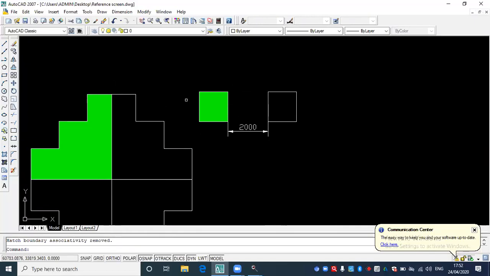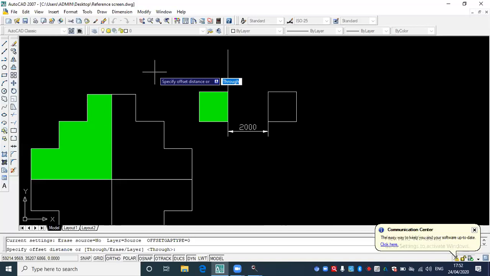So to do this, you have a reference line for you. Keep it also. This is your reference line. From here, you have to create another line at a distance of 2000. To do this, very simple. We have an offset command which I am going to deal with later. Now type the distance, half of the distance, that is 1000.